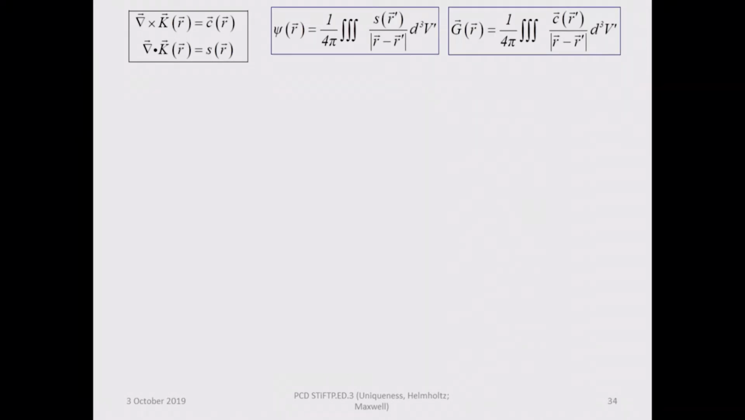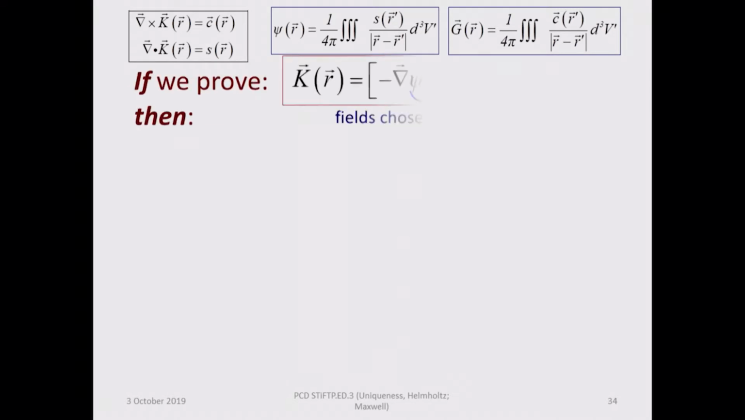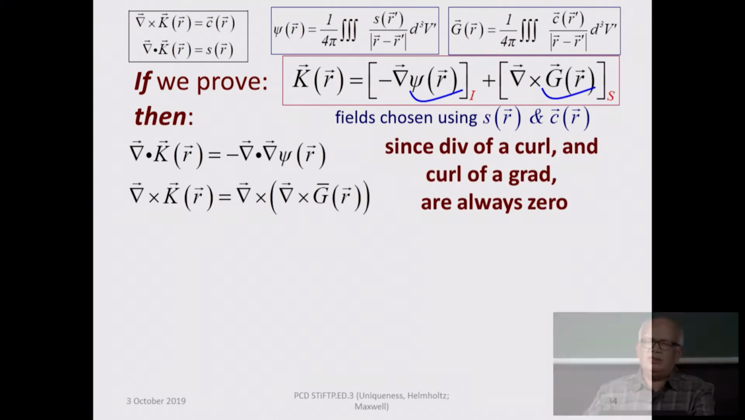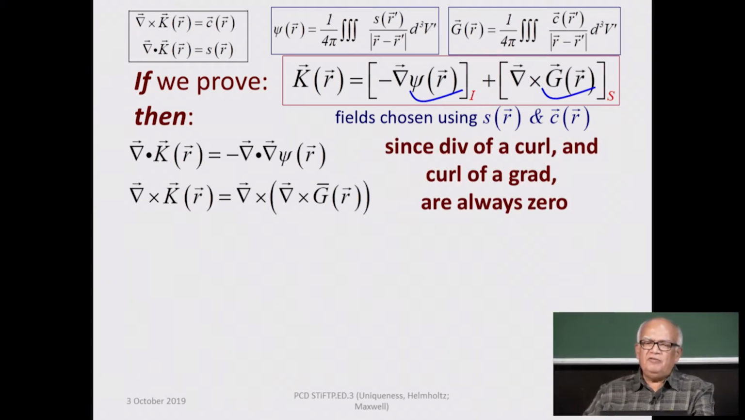Now, this is what we know so far. We know the curl of the vector field, we know the divergence of the vector field, and using this curl and the divergence, we have now constructed two fields, one a scalar field psi and another a vector field G. And if we can now show that this vector field K can be written as the sum of minus gradient psi and the curl of G, then we are done,